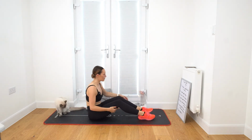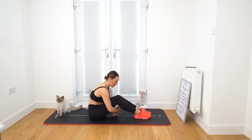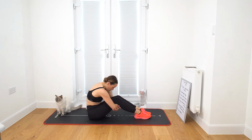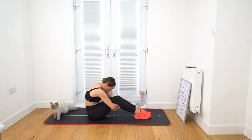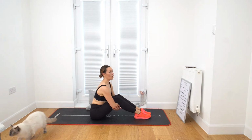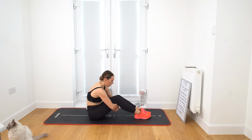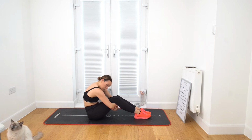I want you to try this one. So your hands come underneath your knees, okay? And I'm just going to grab hold of my elbows, just relaxing down, and then I'm just going to really pull, creating that nice flexion for your back, rounding through the spine. And now I'm going to reach up, straightening through, and I'm pulling up, and then rounding back through, pulling back,